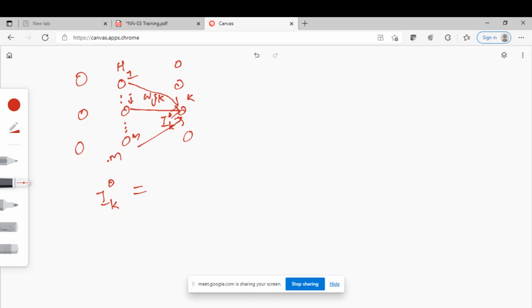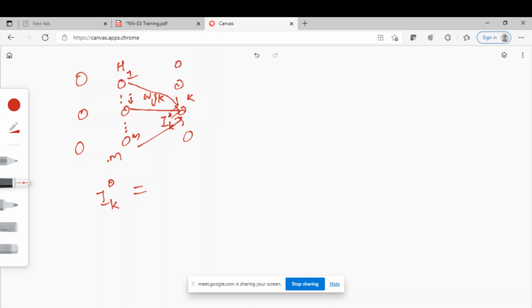Yeah. O1. This is here. There is no K, right? First neuron of the hidden layer, second neuron of the hidden layer. This is the jth neuron of the hidden layer. This is the mth neuron of the hidden layer. So here only we have K, right? So now what we want to do is differentiate with respect to Wjk.